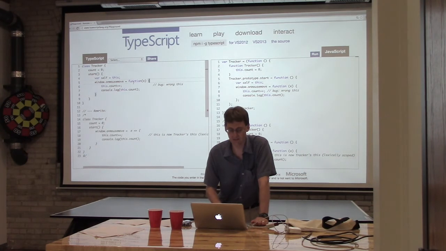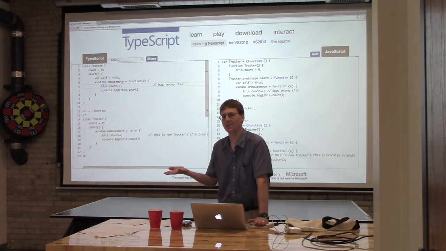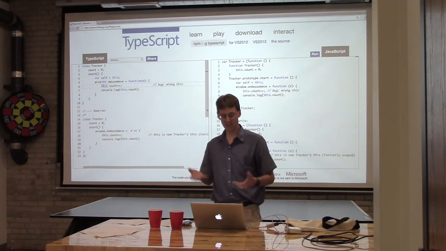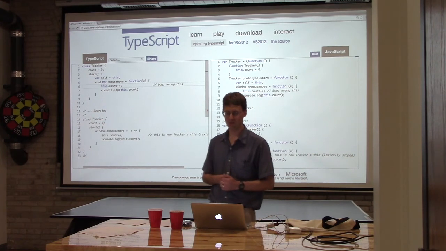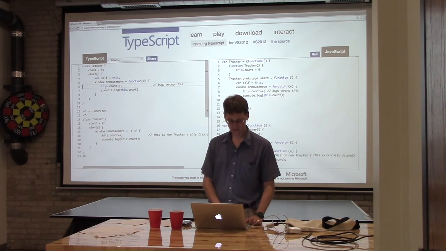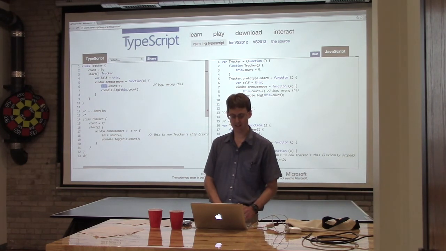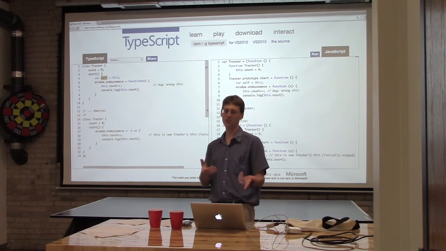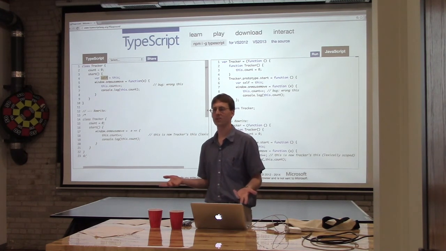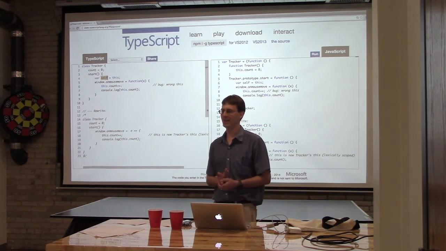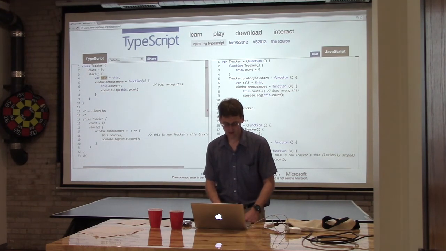So you've got this on mouse move function. And you've got this in here. And if you've done very much client-side JavaScript, you've probably found that this is half the time not the this that you expected it to be. And so in this case, in TypeScript, I always define something called self. That's usually the first line of any method: var self equals this. And I've seen in the bug reports a lot of feature requests for adding that to the language, and I certainly would be in favor of that. So this dot count would be